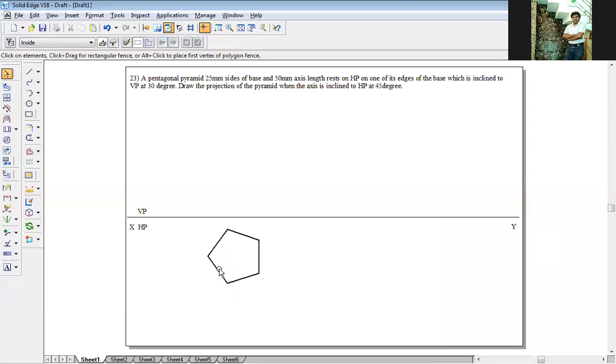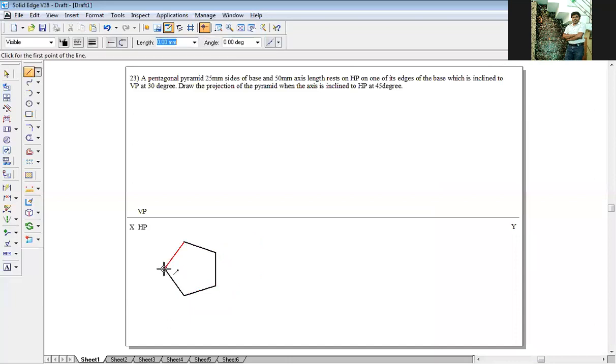I'll select this, take it to a side, get the midpoint of it. Since it is a pyramid, from the center to each and every corner, there should be a dark line. So from here to here, here to here, using trim command, trim this one and this one, go back to line command. So draw a dark line from center to each and every corner, like this, right? Name the corners. This is A, B, C, D, E, and this is O bracket O1.